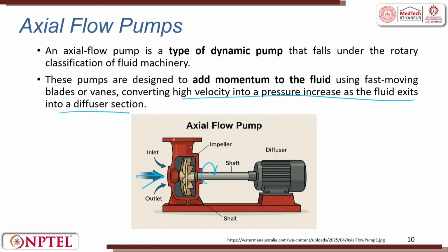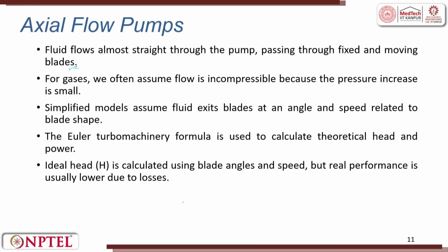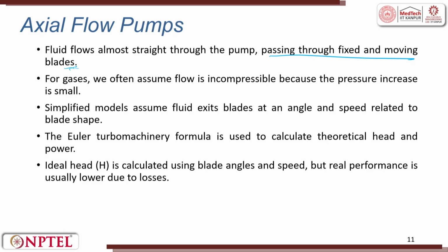These are the blades. Impeller has blades. And nowadays it is pretty interesting. You can have blades as and when you need, you can try to change the orientation of the blade. All blades can be uniformly changed with respect to angle, or you can do only one blade. So, the technology has gone to that level. When you do that, what happens? You try to increase the flow rate and velocity.